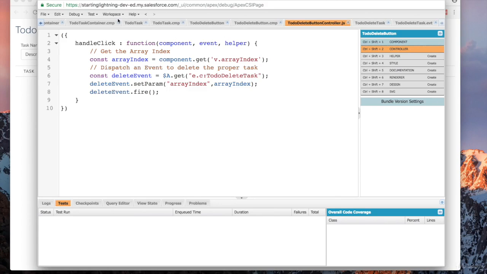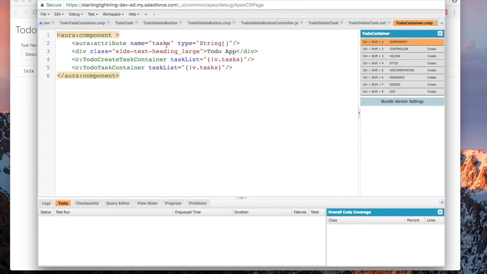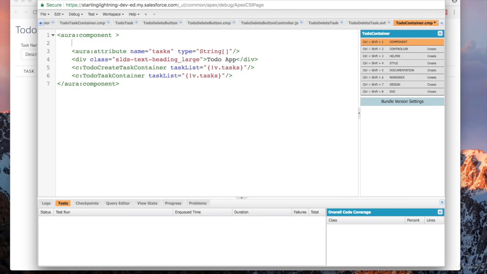But now we need to handle that on our to-do container. Let's go to the component, and what we're going to want to do is create a handler on this component to handle when that event is fired. So aura handler, event equals c colon to do delete task, and action equals,